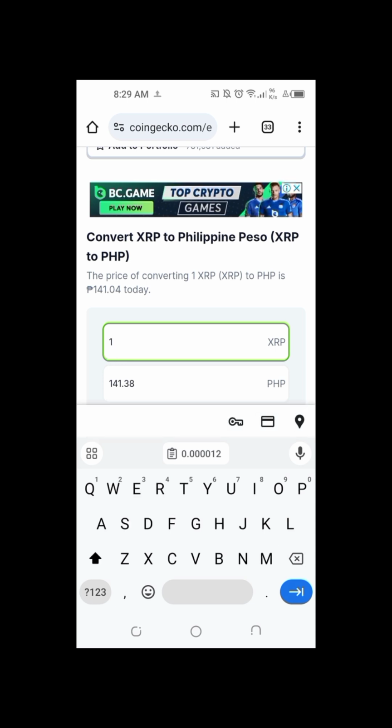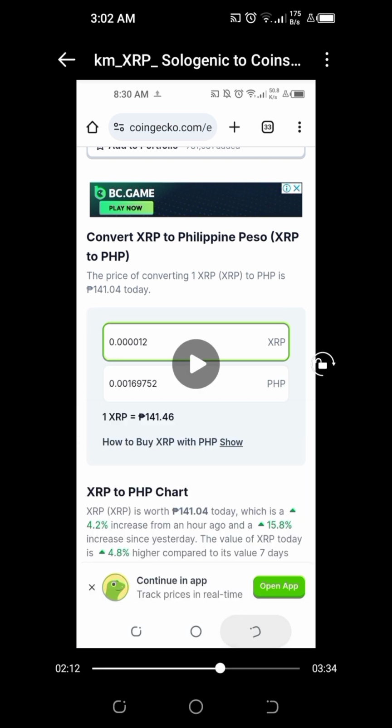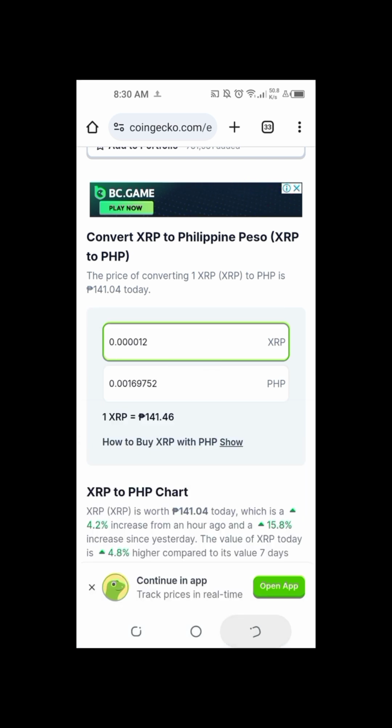So what I did is compute how much in Philippine peso the transaction fee is, and we can see here that it only cost less than 1 cent in Philippine peso, 0.00169 Philippine peso, when sending a transaction from Solo DEX and wallet going to another wallet, in our example, coins.ph.